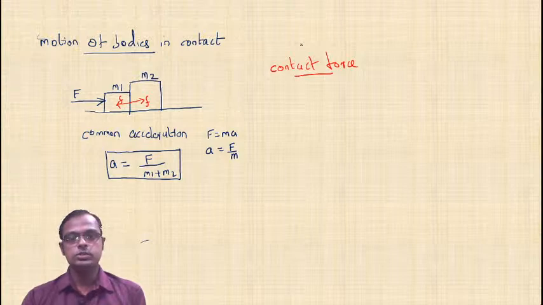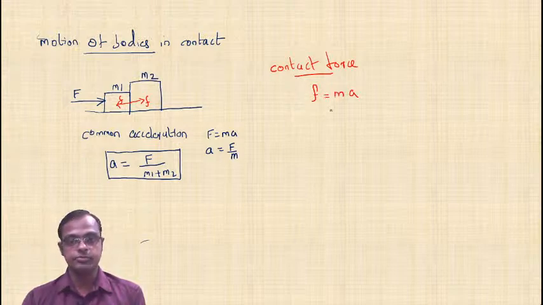So usually questions will come here. What is the contact force? That is, a contact force means what? The force acting between M1 and M2. So once again, formula Newton's second law, F is equal to mass into acceleration. Same formula here. But what is the mass here? This contact force f makes which body accelerate? Can you type, everyone? Which body is now accelerating due to the small f?